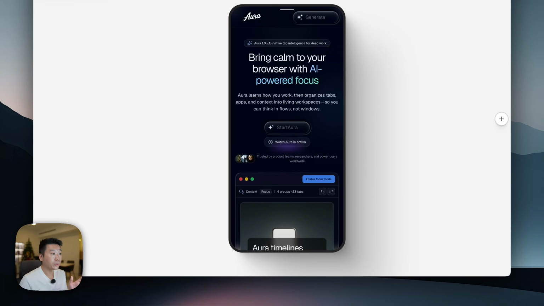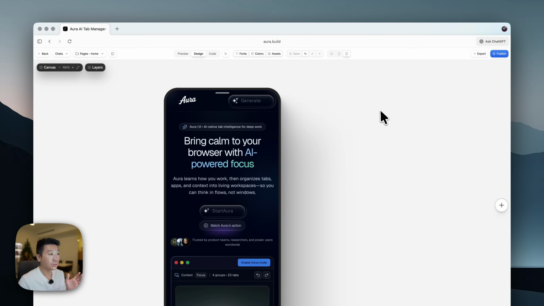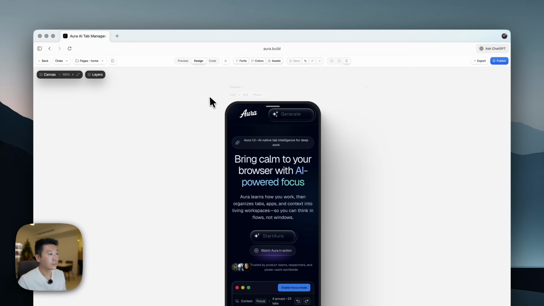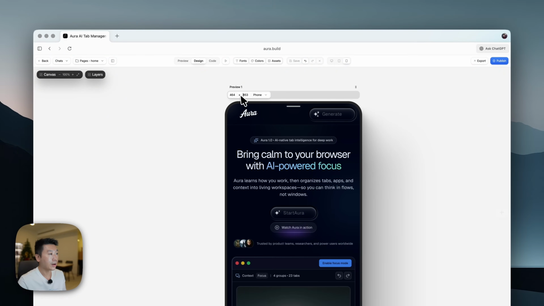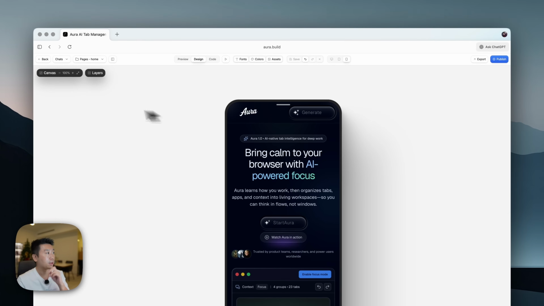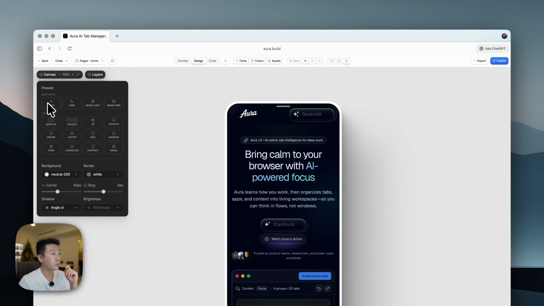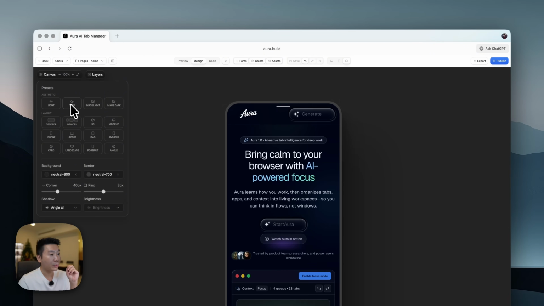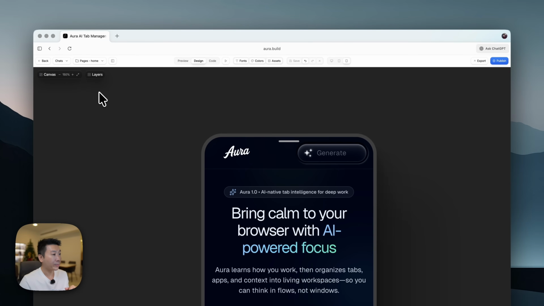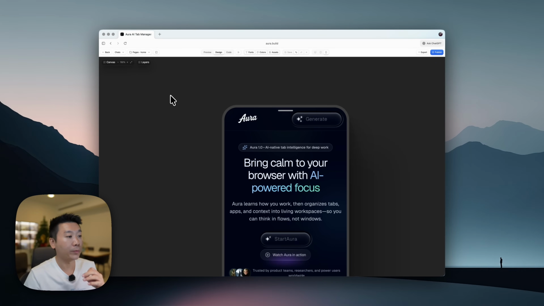Now, what is interesting here is that this is an infinite canvas. So this is new. I can just move it around and drag this for the size, the same with the height, and I can just change to presets. So this is really cool. And also we have a bunch of presets that you can use. For example, if you want light mode, dark mode, you can also zoom in and take a screenshot from your Mac